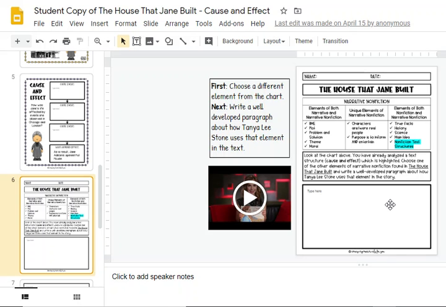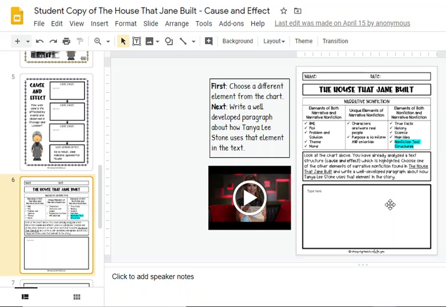So I would love it if I could see more people writing about the theme. That's something that I think we need a lot of practice with. So the way you write about the theme is you think about what the author believes. The author of this story is Tanya Lee Stone, and so you might think about some of the topics. So some of the topics are